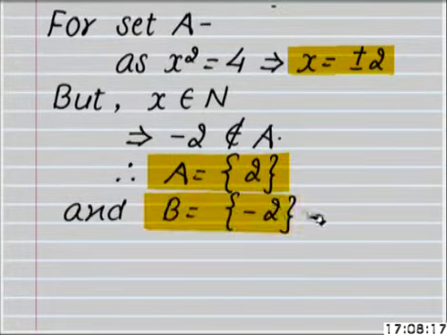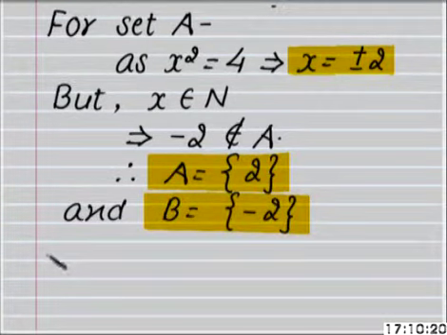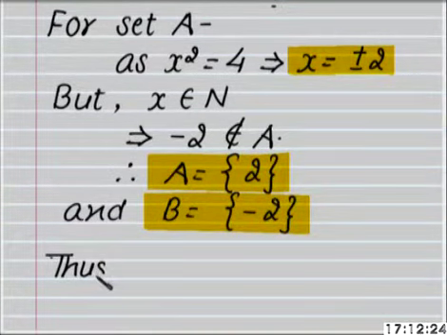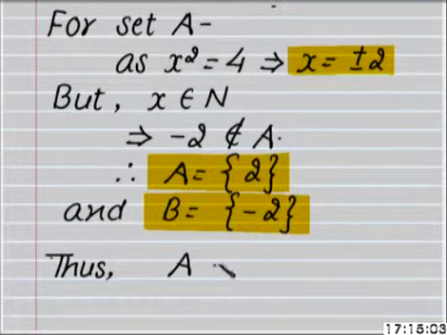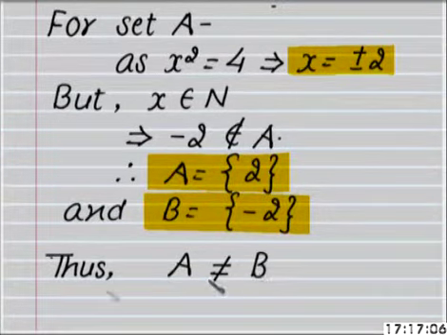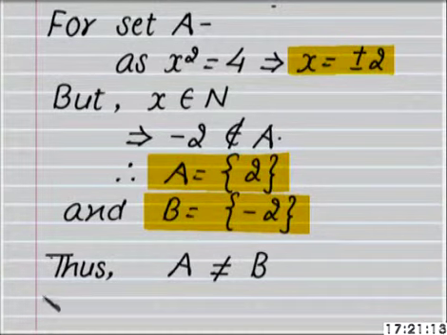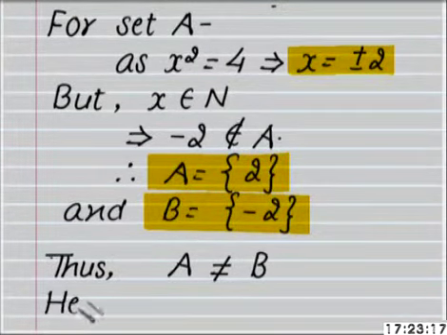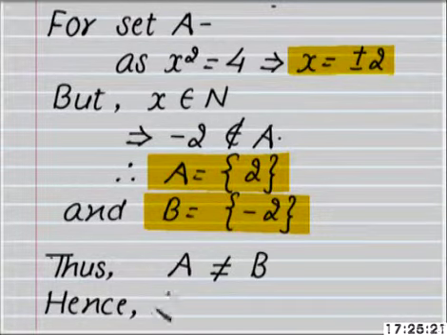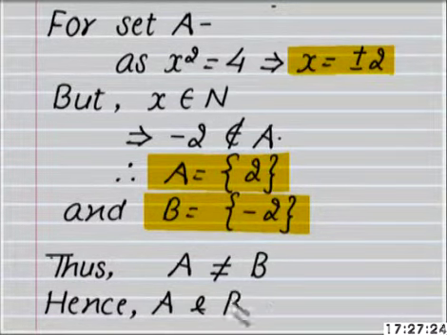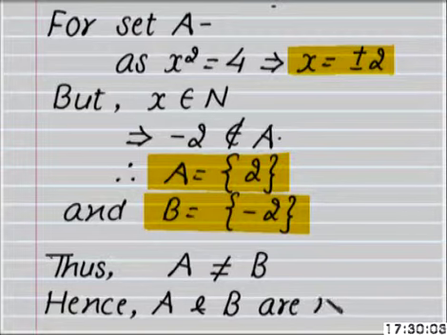So it is clear from here set A is not equal to set B as they do not contain same elements. Hence we can say that set A and set B are not equal sets,